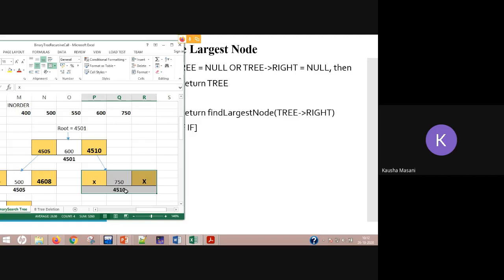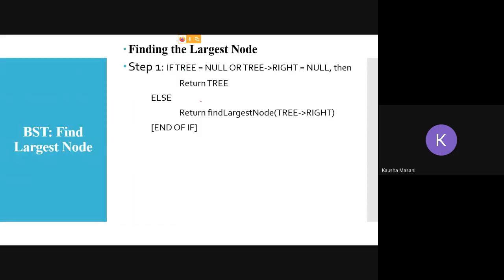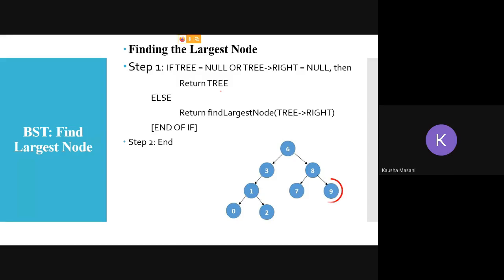Now do whatever you want to do. Now what we want is for 750 to be printed, because that is our ultimate aim: the largest value should be printed, and obviously 750 is the largest value. So that is what you are going to do. If you take the same example which we have taken so far for your delete cases, the largest value will be 9. The control is going to go till 9, iterating and recursively calling the same function.